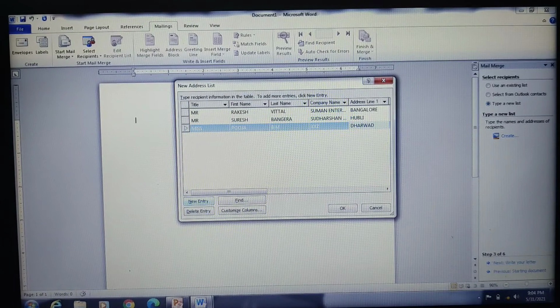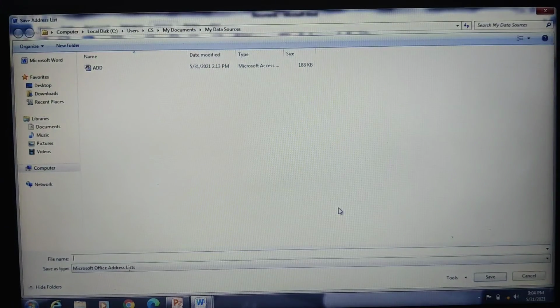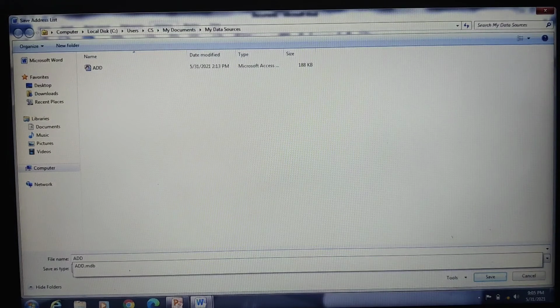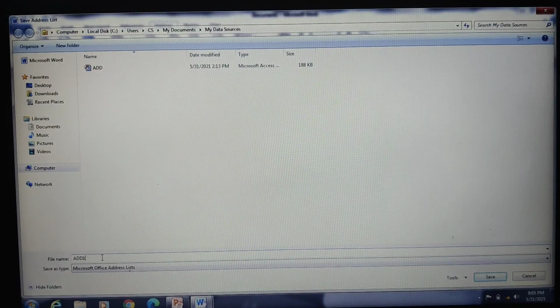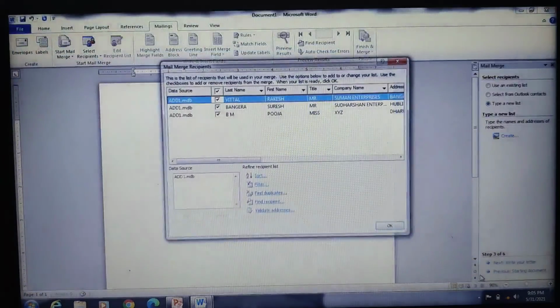If you want to delete any entry, you can click on to the delete. Okay, next I'll just click on to, okay, now this is your address list, this is your data source, and click on to the okay. Once you click onto the okay, it is asking whether you would like to save it. You have to give a file name for this. So I'm going to give here as address 1. Already I had created one here which is stored here, okay, and just say for address 1 I'm going to store it and then go for save.